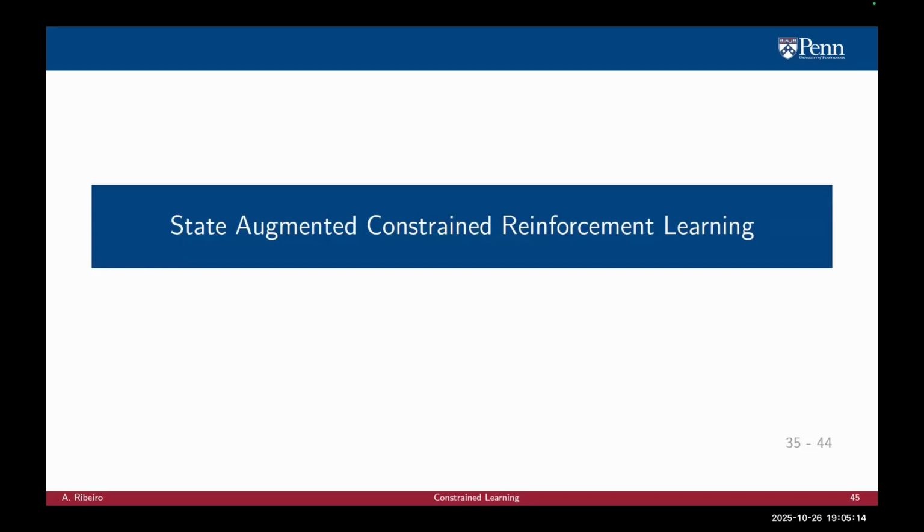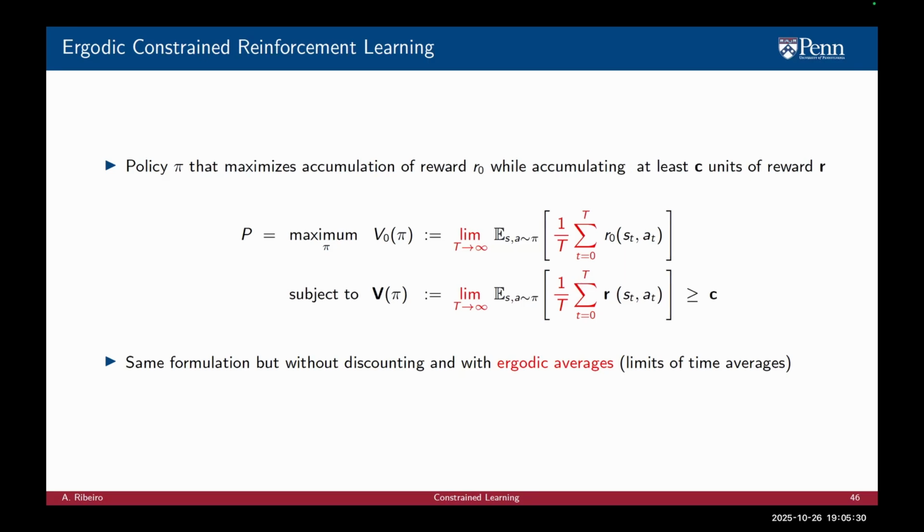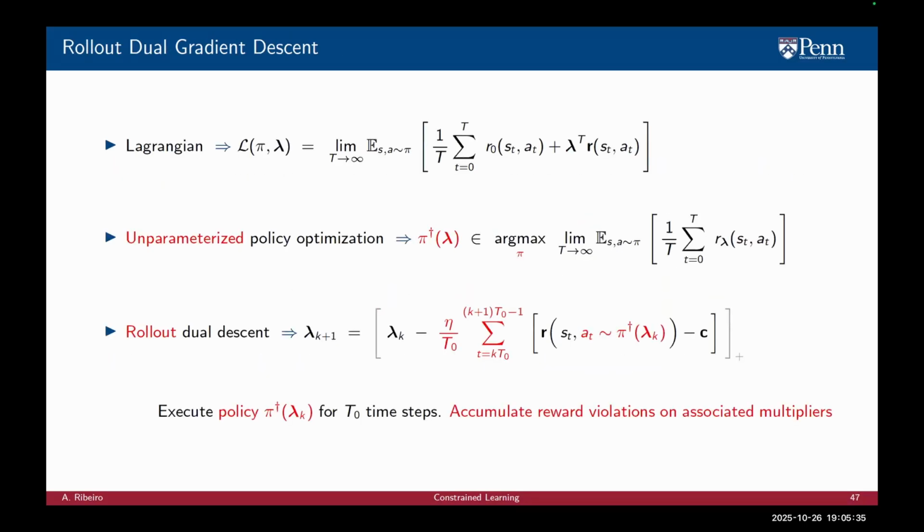Let me then move on to the solution. The solution comes in the following form. Let me first change the problem into a simpler one, which is ergodic constraint reinforcement learning. I am not using discounts, but rather taking ergodic averages. And as usual, I'm going to utilize this vector notation. I am now going to propose this algorithm, which I will call rollout dual gradient descent, which those of you that have worked on constraint reinforcement learning should know where rollout comes from. But in any case, I am doing an unparameterized policy